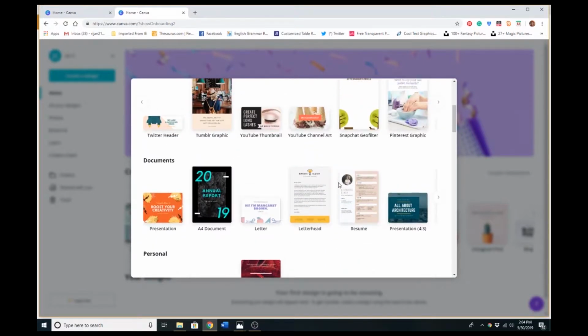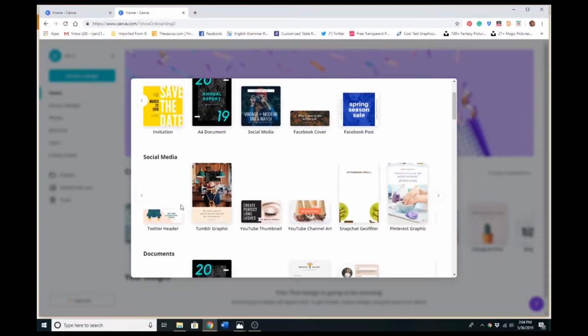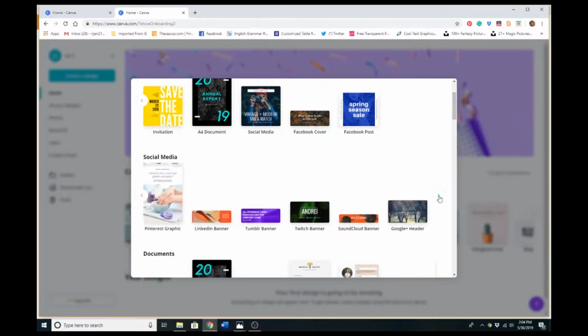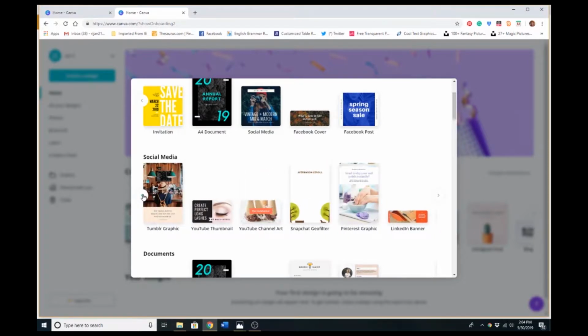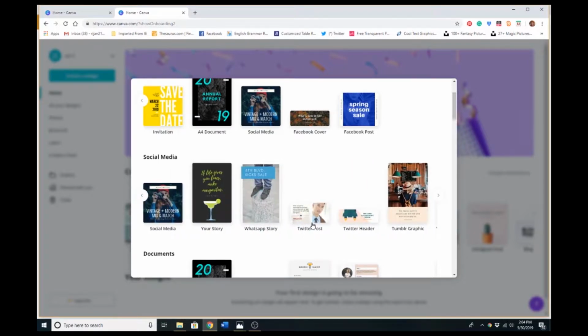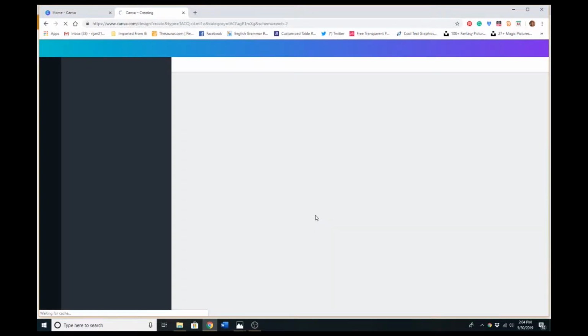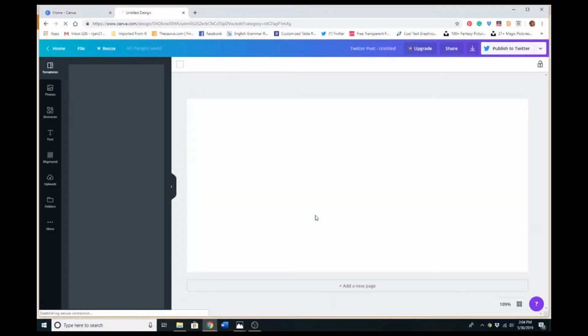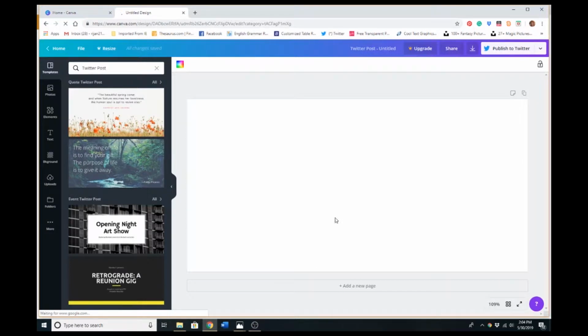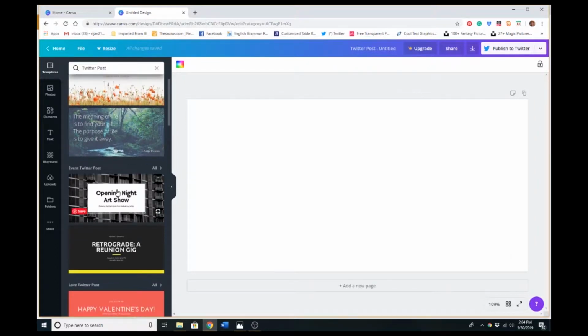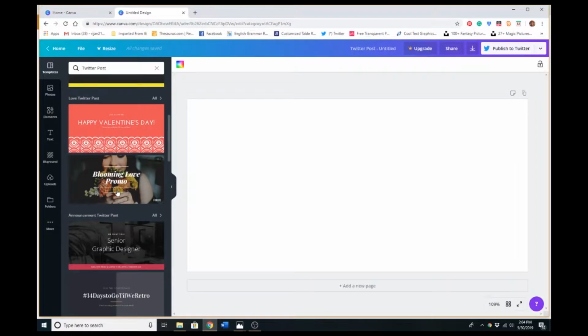So we're going to go back up here to social media, and let's create a Twitter post. The window that it opens you up into has a blank canvas. See where my cursor is? That's your blank canvas. Over on the left, you have already designed templates